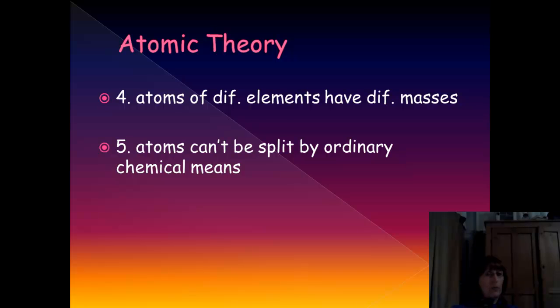Now, we can do some freakish stuff with the whole big cyclotrons and the atom splitters and all sorts of weird stuff, but that's not normal, ordinary chemistry. You can't dump an acid onto gold and all of a sudden you can pull out the protons and the electrons and the neutrons. It doesn't work like that. So atoms can't be split by normal chemistry. They can be split by nuclear chemistry or nuclear physics. But we're not doing that here in this class. We do ordinary, normal chemical